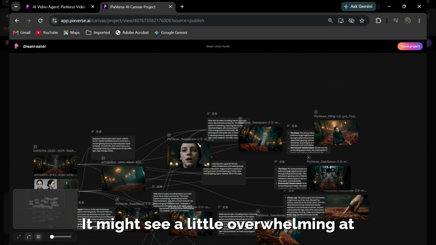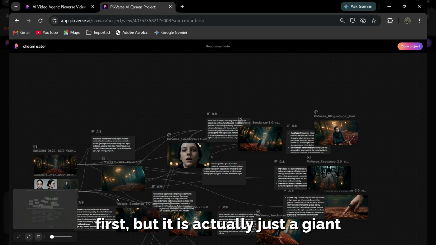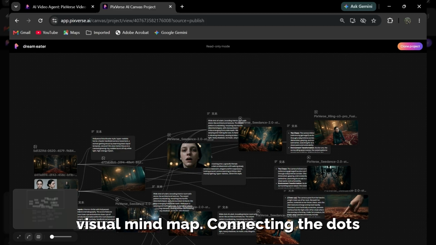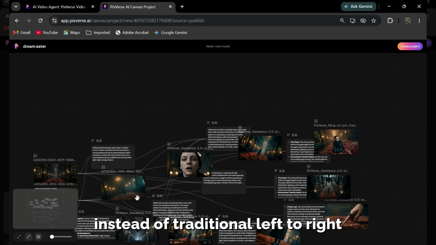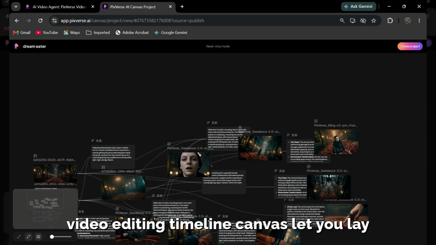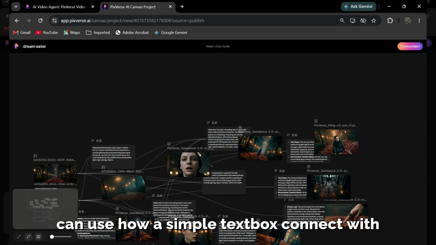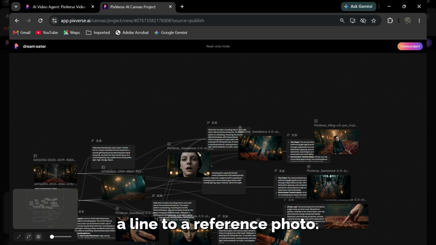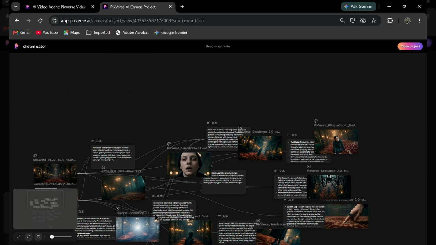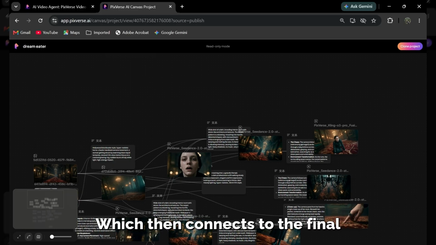It might seem a little overwhelming at first, but it is actually just a giant visual mind map connecting the dots. Instead of a traditional left to right video editing timeline, Canvas lets you lay out your ideas on a massive board. You can use a simple text box connected with a line to a reference photo, which then connects to the final generated video clip,